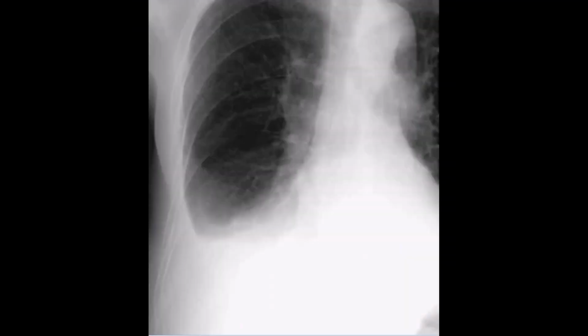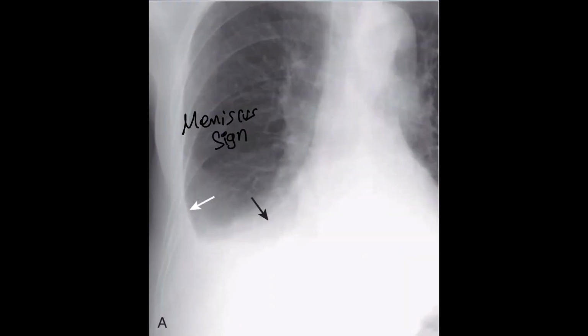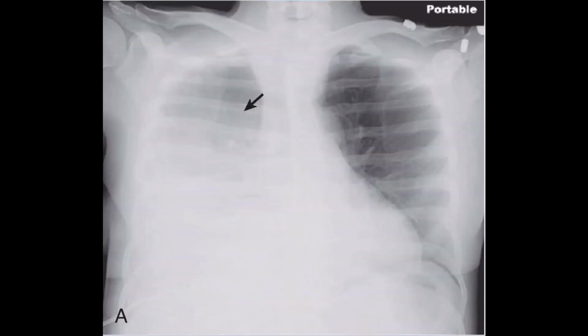So what do we think about this chest X-ray? So this is called the meniscus sign of pleural effusion. You can see that the effusion ascends here laterally more than what it ascends medially, and that's called the meniscus sign. And then we talk about the effect of position of the patient on the appearance of the pleural